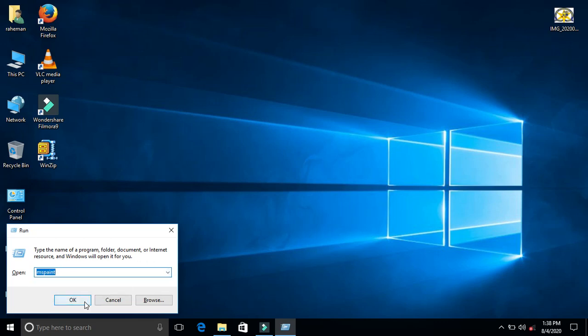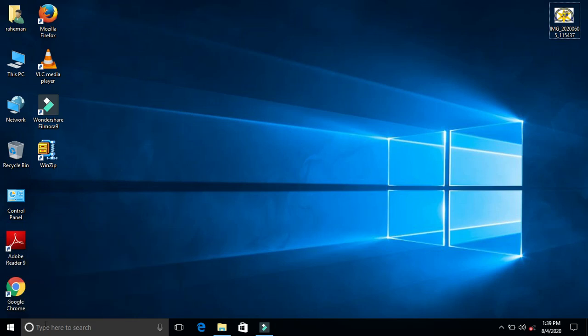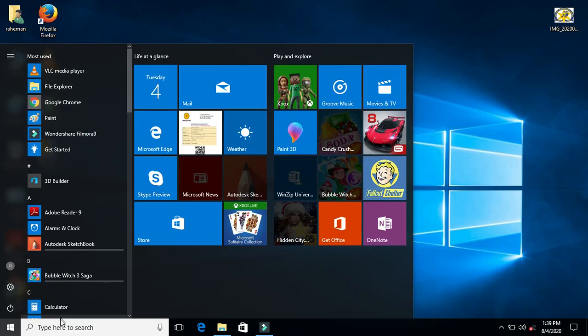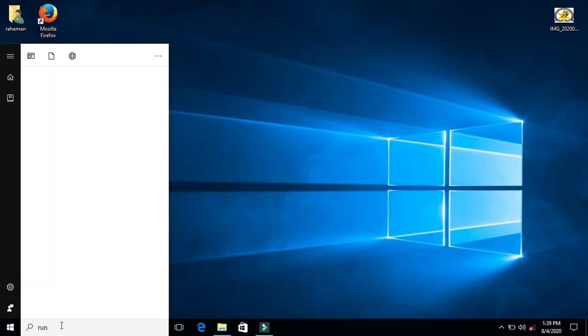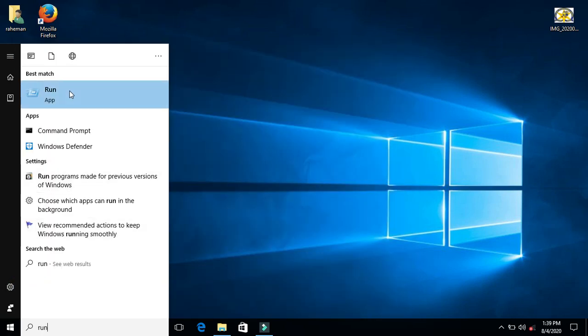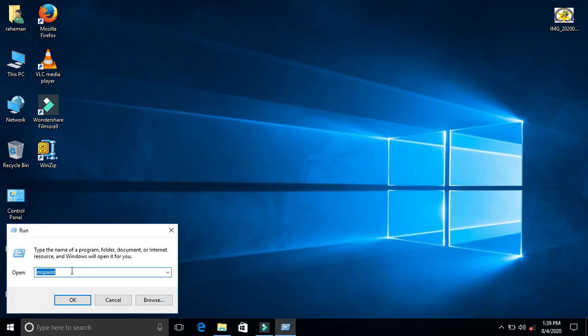To start Run, you type Run app here. But if you want to open a particular app, for example Paint, you need to know the specific keyword of that app.